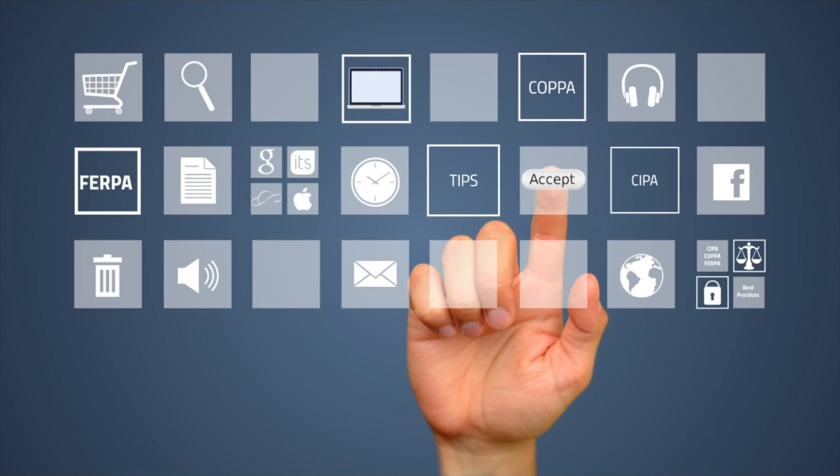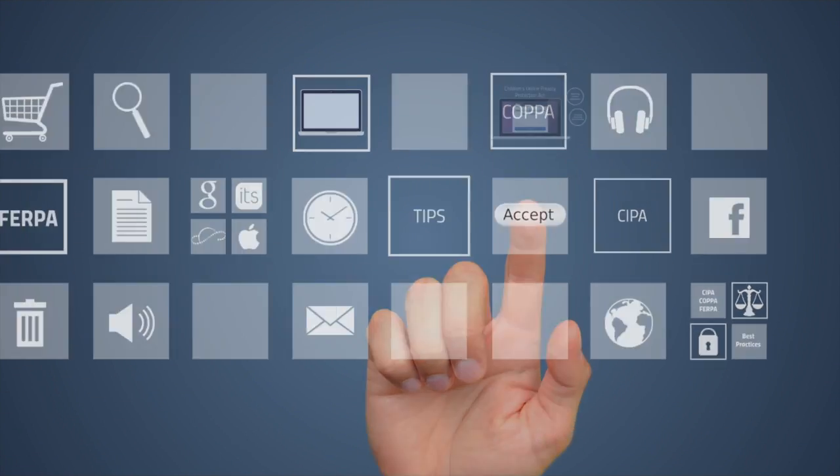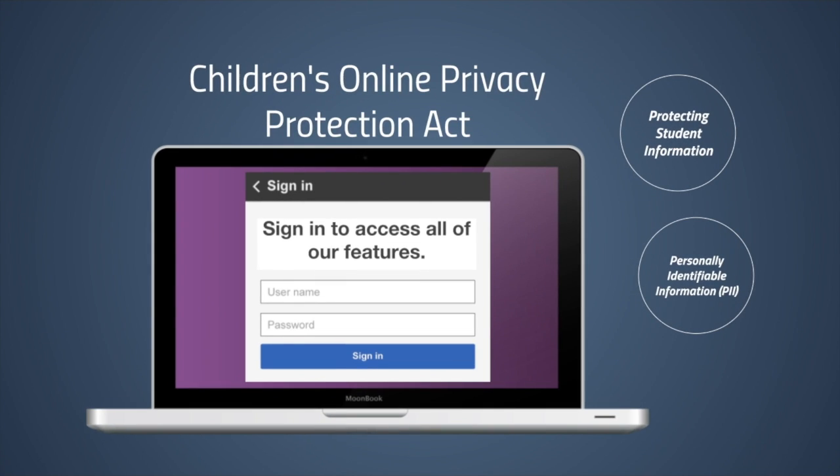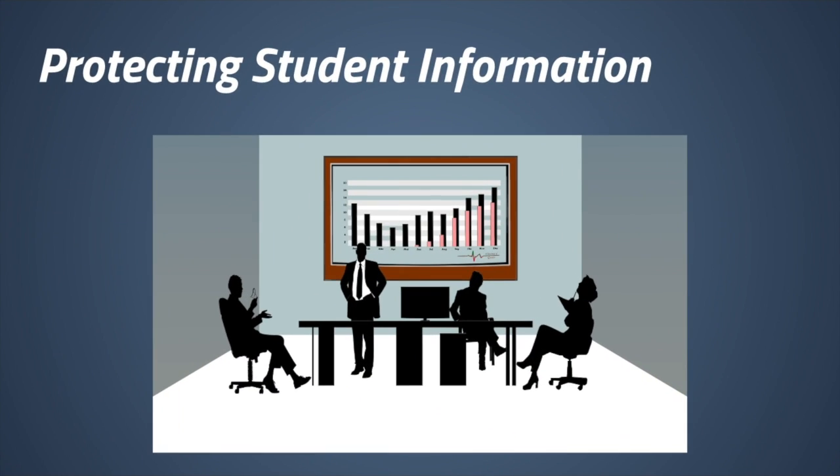The second law is COPPA, or the Children's Online Privacy Protection Act. While SIPPA was focused on protecting students from accessing harmful content, COPPA's goal is to protect others from accessing students' personal data. Anytime a student needs to sign into a website or app, COPPA regulations apply. COPPA puts special restrictions on software companies concerning the information they can collect about children under 13. Even though the law is directed at software companies, it still affects schools because of our use of educational tools and apps. The law mainly regulates personally identifiable information, or PII, that a company can collect.